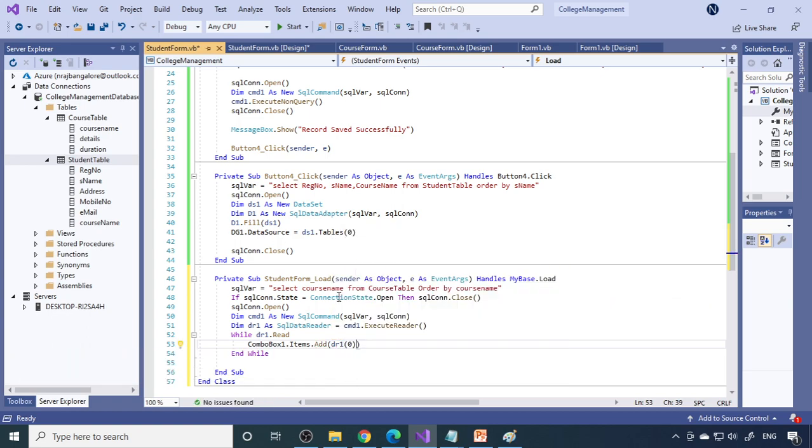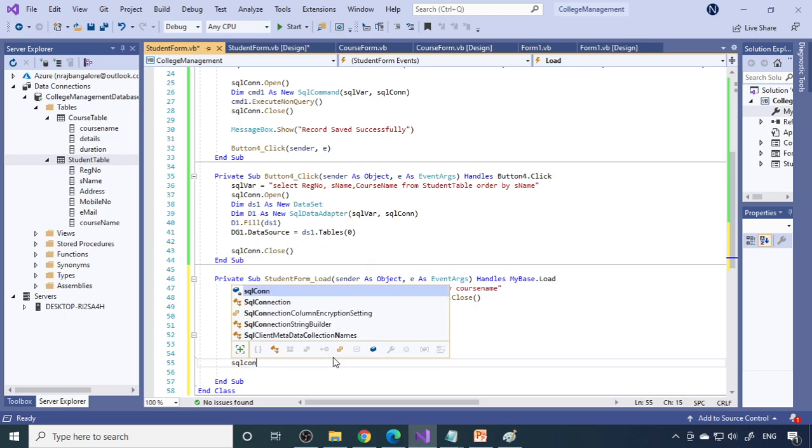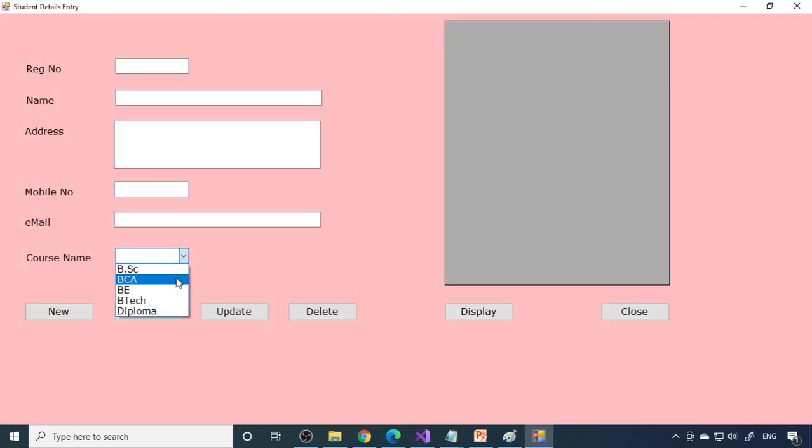Because it is column 0, you can use ToString, so the value will be transferred to combo box 1. Now you can close the SQL connection. This will transfer all the values from the course table to this combo box.